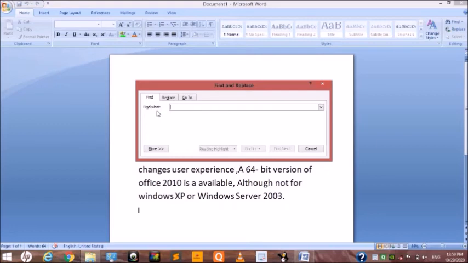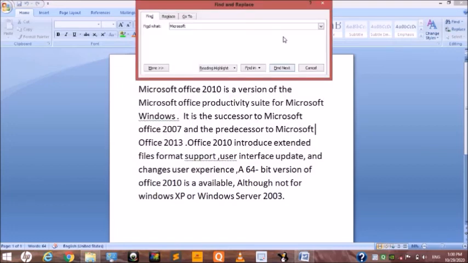So here one question for you: find what you want to find in your text document. Okay, you have to just write here. So I write here the Microsoft. Okay, and then just click on the find in button, click on that drop down button and click main document. So look at here, Microsoft, Microsoft, Microsoft, Microsoft, Microsoft means they are finding that word wherever it is located in the whole lengthy document.